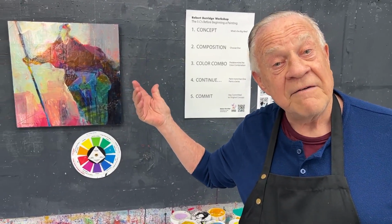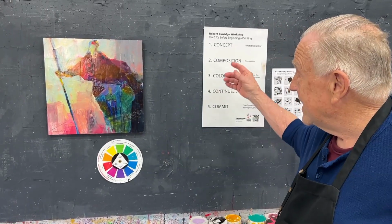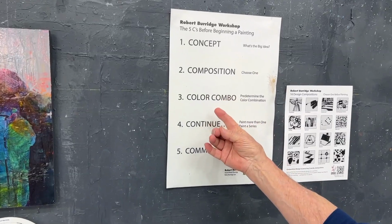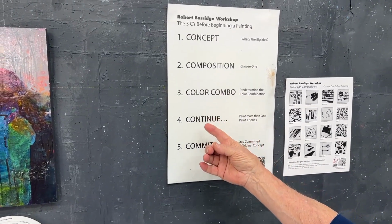And this is the beginning of a new year in the studio, which means clean up the studio, start new work, and then the idea comes to me, well, what's the idea? What should I be doing? I'm always asked that question. It's a great question. Well, actually, a painting has to have what I call the 5 C's, the number 5, the letter C. It has to have a concept, it has to have a composition, a color combination, and then